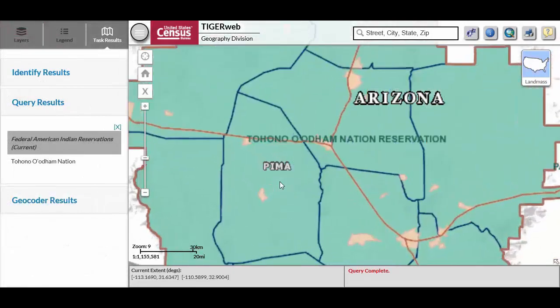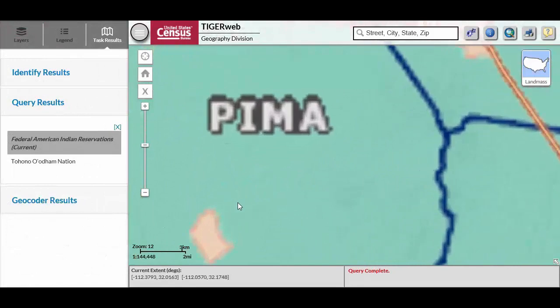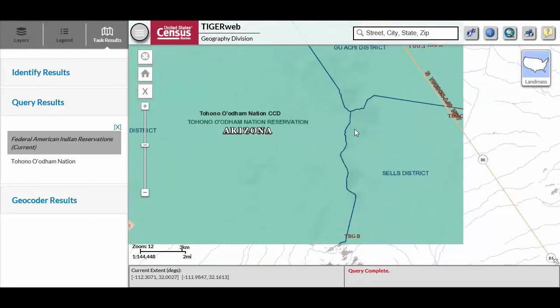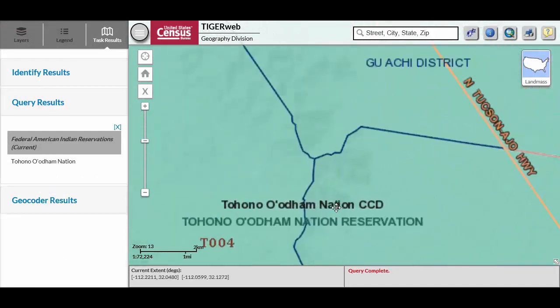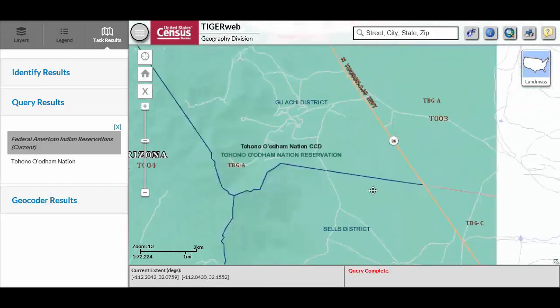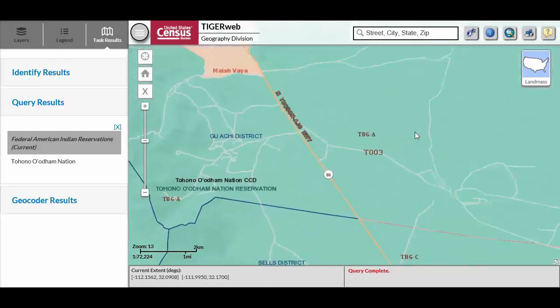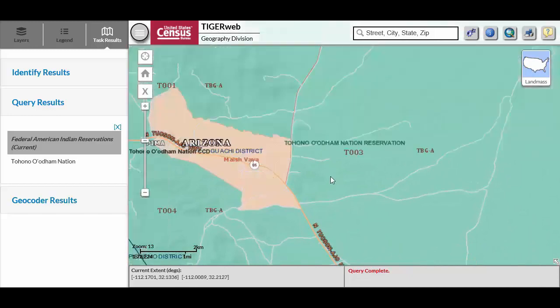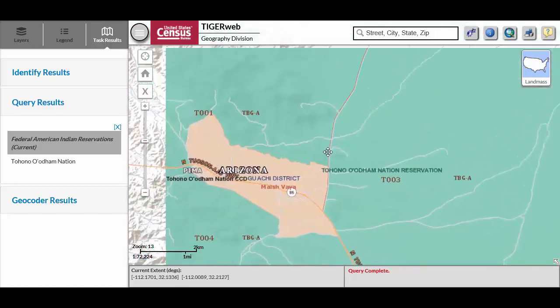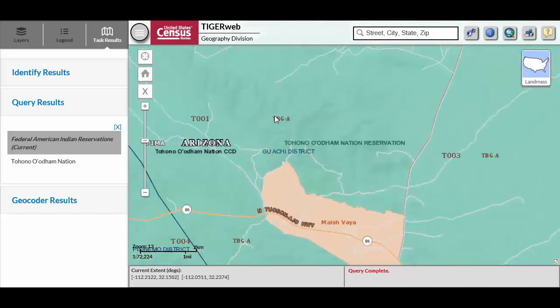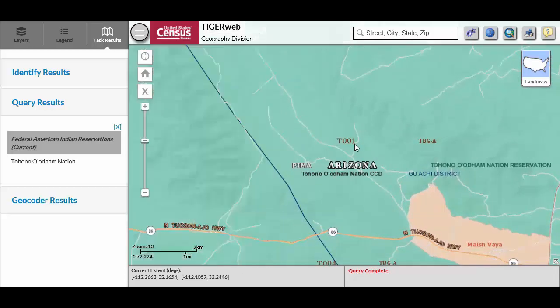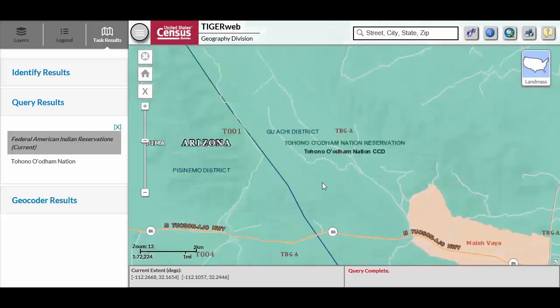Continue to zoom in using either the zoom in scroll bar or the roller ball on the mouse to visualize the statistical area boundaries and features used to form the boundaries. At the tribal area extent, statistical area boundary review is likely impossible, so continue to zoom in and pan around the tribal area to manually view the statistical area boundaries to verify